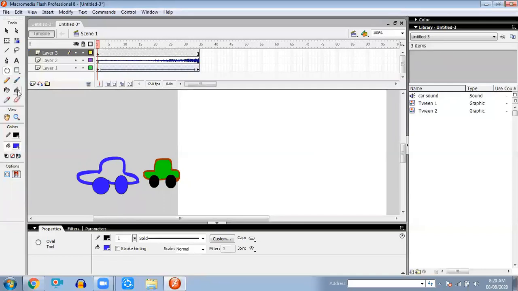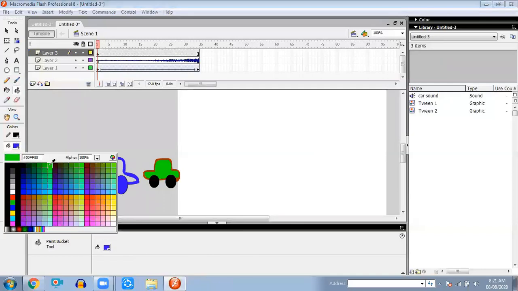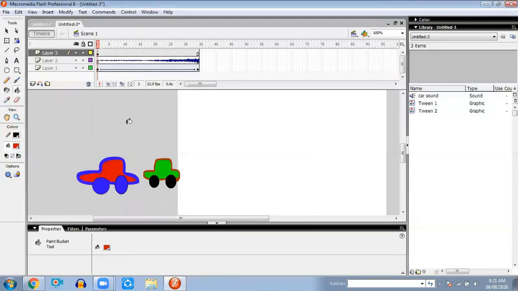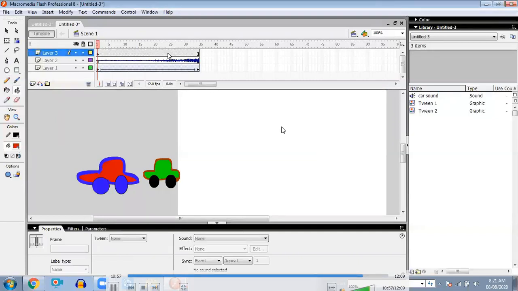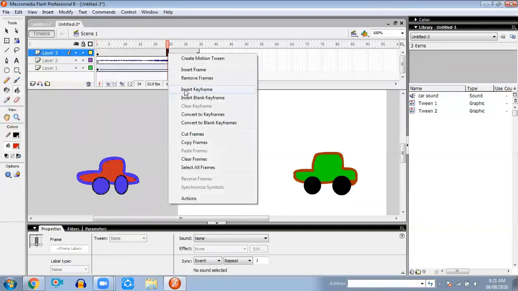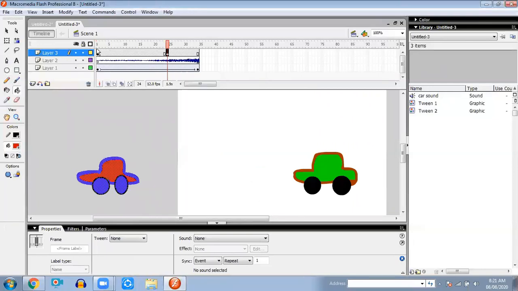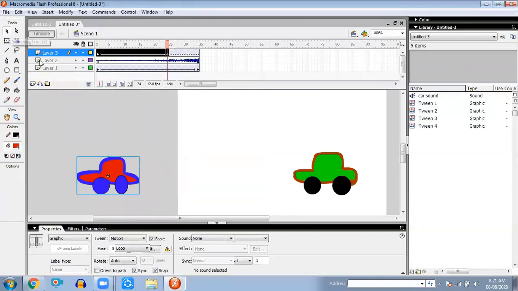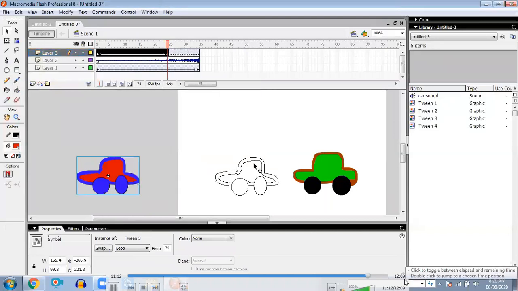Okay, our second car also got ready now. Now we will apply animation to it. Insert keyframe. Select the frame separately now. Create motion tween. Take an arrow tool and move it to this.